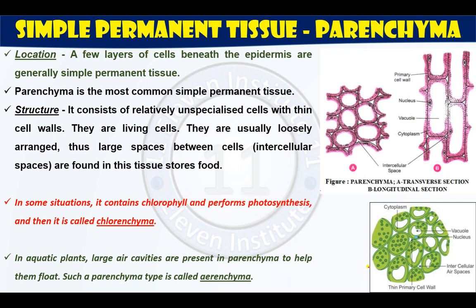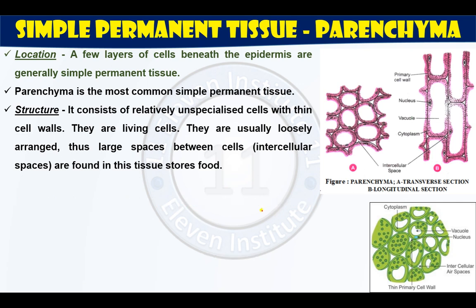Similarly, you play with a ball in a swimming pool, right? So the ball is ultimately filled with air, and due to that air, it will not sink, but it will float on the surface. Similarly, if a particular structure of a plant, suppose a leaf or a flower, has parenchyma, and in that parenchyma there is presence of large air cavities, then such a plant part will be able to float on the surface of water, and this generally happens in aquatic plants, right? And such parenchyma is known as aerenchyma, right? So now be very clear and don't be confused.